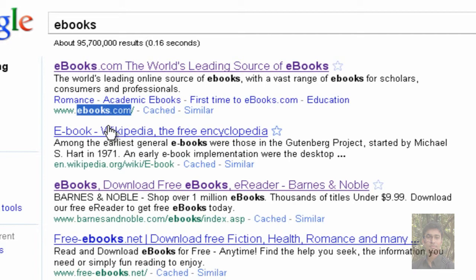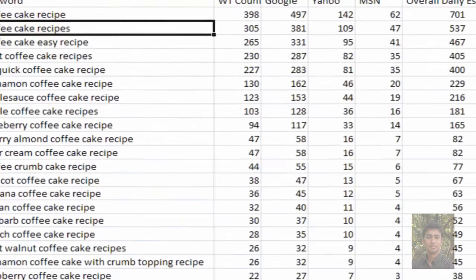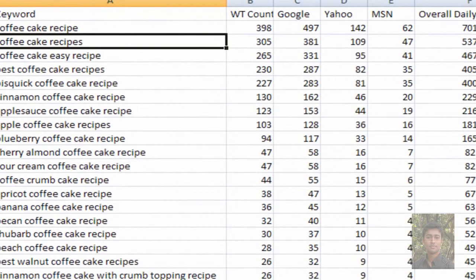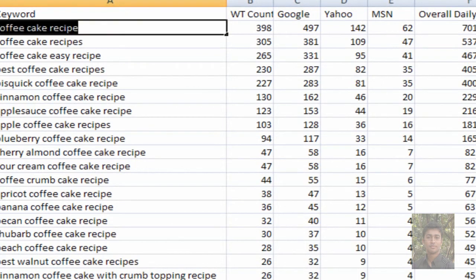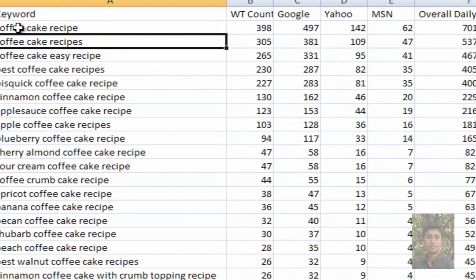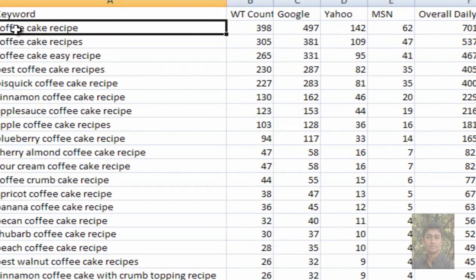So in my instance, my coffee cake recipes, that's the domain name I'm looking to buy. I'm not looking to buy dogsgalore.com because I want my domain name to be relevant, if not exactly, which is sometimes hard to get, coffee cake recipe. If I can get that, my whole concept of my website is about coffee cake recipes. If my domain name says coffee cake recipe, Google will boost me up higher because my whole concept of the website, including the domain name, is coffee cake recipe.